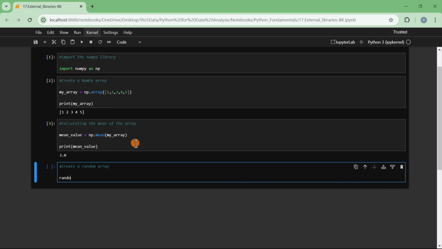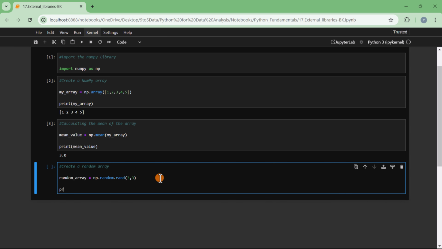So say random, np dot, we have a random.rand method, random.rand, and then this will ask us for the number of rows and columns we want. We want a 3 by 3 matrix. So if we print our random array,